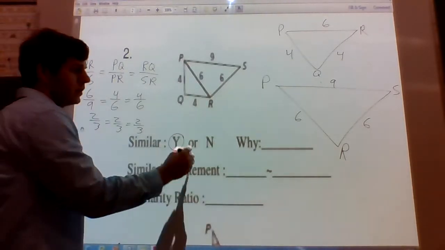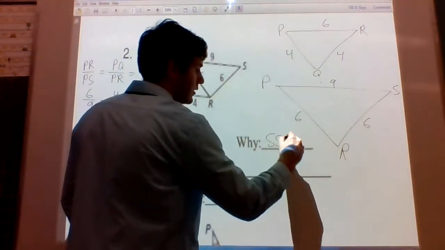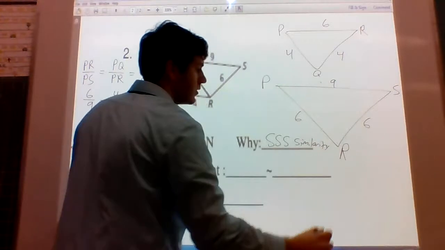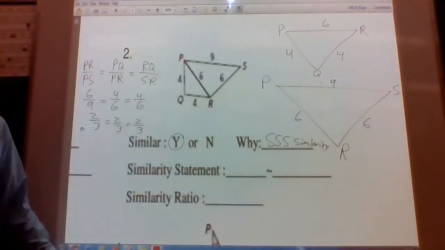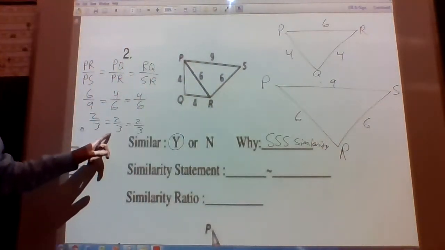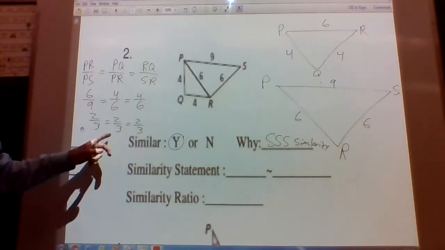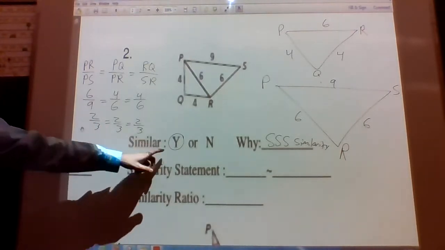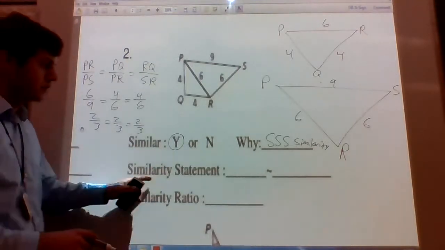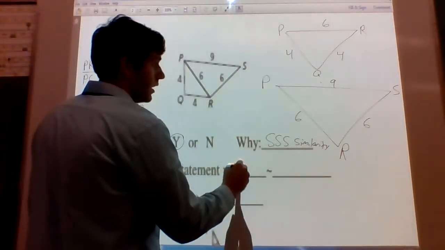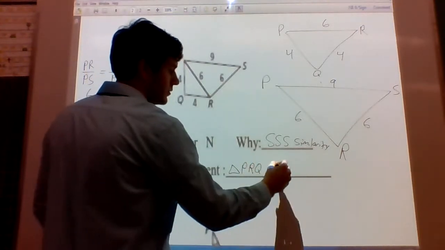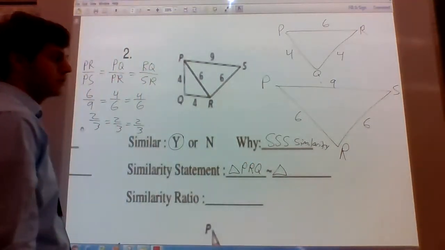So if we use the side, side, side similarity, we can show that by side, side, side, since the ratios of all 3 sides are equal, the sides are proportional. And if all the sides are proportional, then the triangles are similar. Here's our similarity statement, PRQ. Again, there's 6 different ways we could have named this one. That's going to be similar to P,